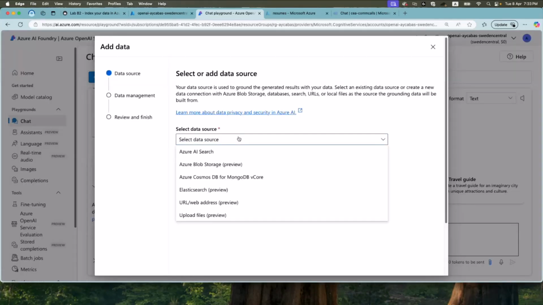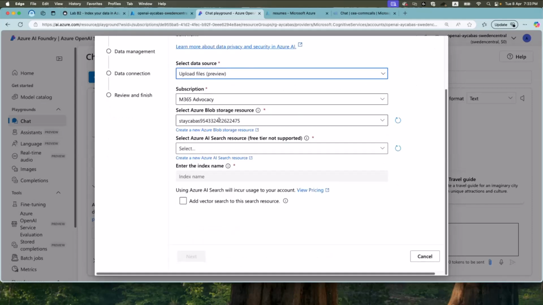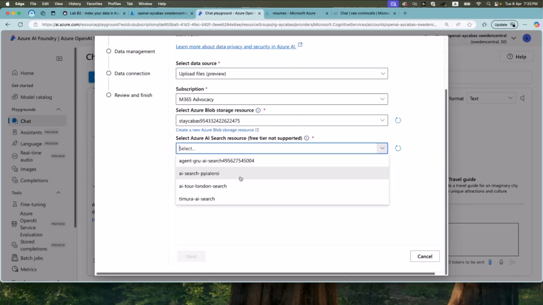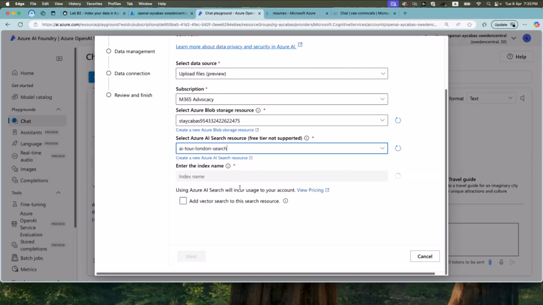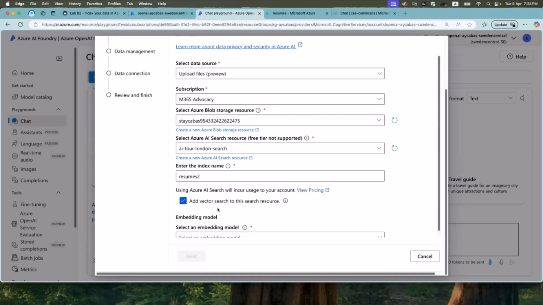In this session, if you follow Copilot Developer Camp, you will be guided to select upload files, and then you're going to have to select blob storage and the Azure AI Search resource, and I'm going to share that very quickly. And then you will have to provide the name of your index once it's loaded. I already have resumes, so I'm going to just select resumes 2.